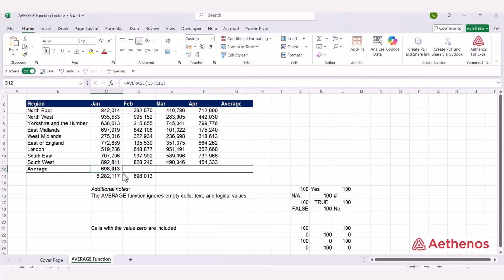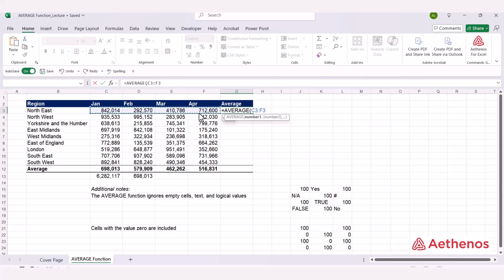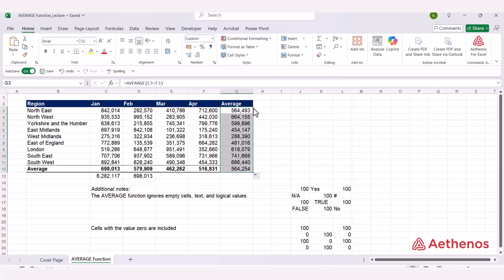Once I get the average function total over here, I can copy the formula across. And then if I want the average from this side, I can again do the average function. Select average, select the range, and I can do Control Enter here to remain inside the cell, and I can copy it down with the